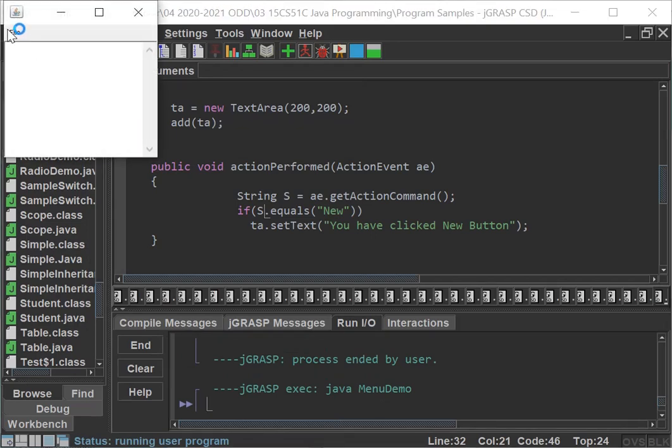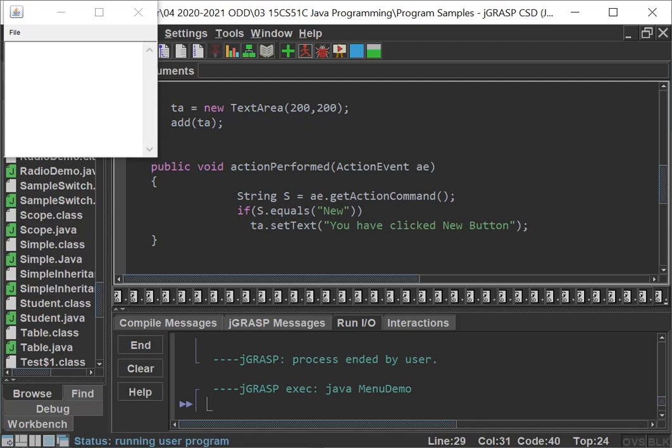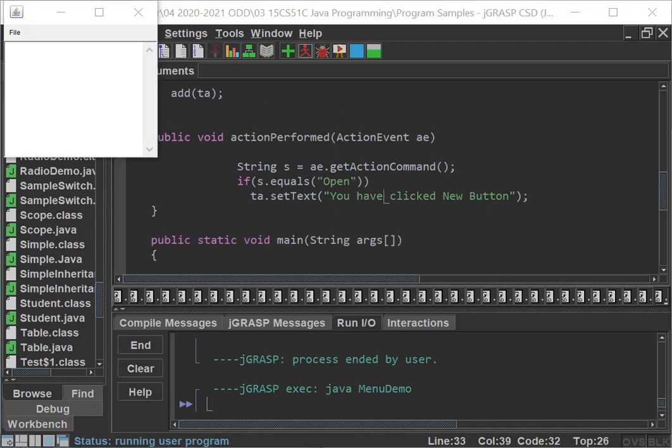My execution has begun and I have clicked File and New. I have clicked the new, but it is not working. Let's look at it. This is a small typing mistake. So when I click on this, we will get the message I have given.